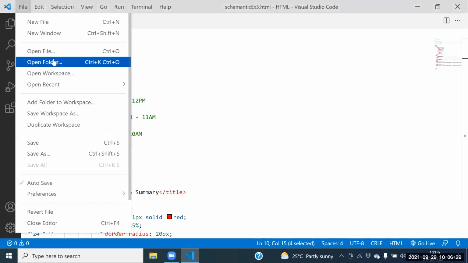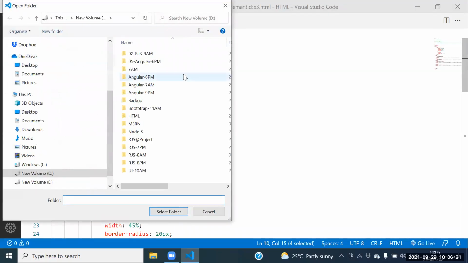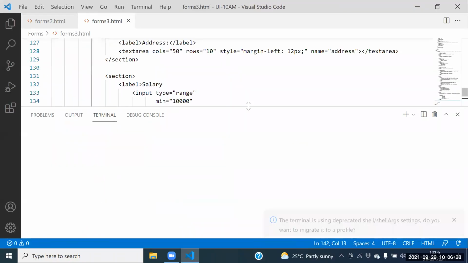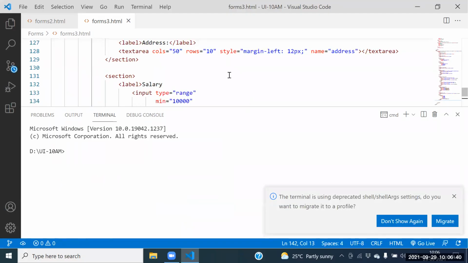File, open folder. What is our folder? What is our UI folder? Our folder is the UI 10am folder. Please go to the UI 10am folder. Fine. After going to the UI 10am folder,